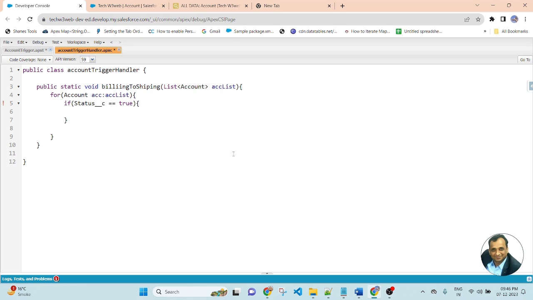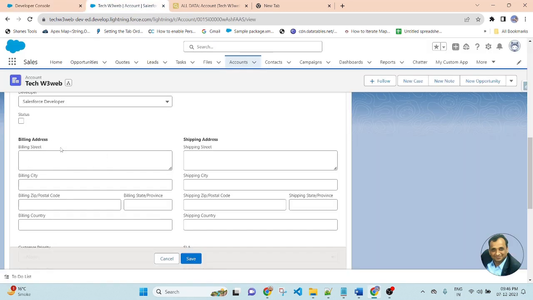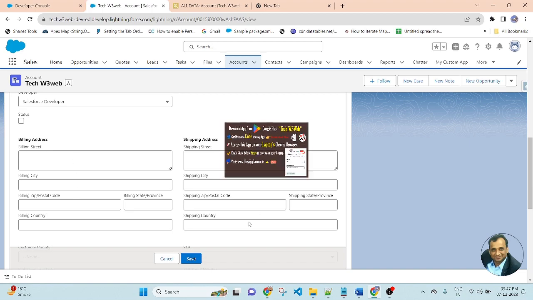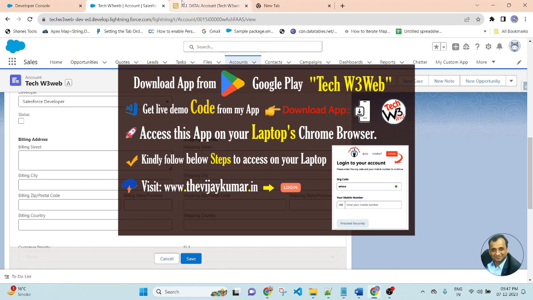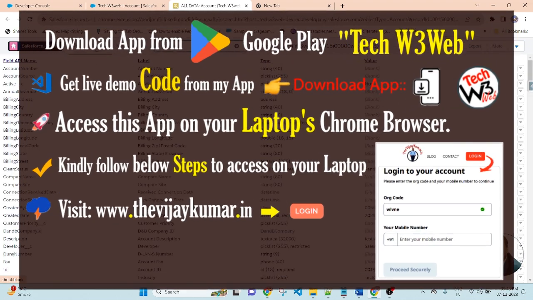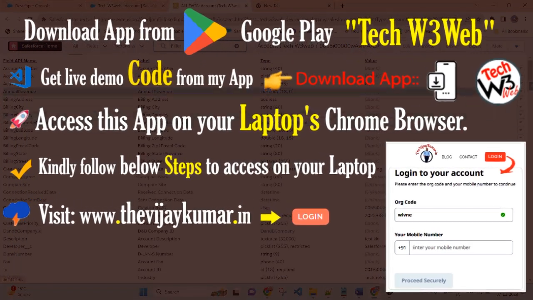So now I am assigning the billing address to the shipping address. Here we will get billing street, billing city, billing zip, billing country. So if the user checks the checkbox, then these values will be updated to the shipping address here. Here we will get all of the field values of the shipping address and billing address.